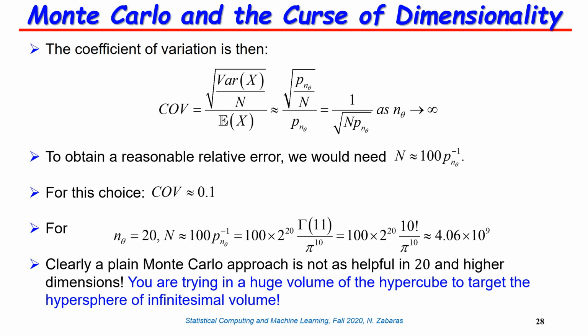Okay, as I mentioned, for this particular example, the fact that you need so many points has to do with the volume of the hypersphere being infinitesimally small, and the volume of the hypercube being huge, but that huge volume is mainly on the surface, so the sphere still appears to have very small volume. So it's again like throwing darts to hit this practically zero volume hypersphere when all the volume is near the surface of the hypercube. Okay, so let's